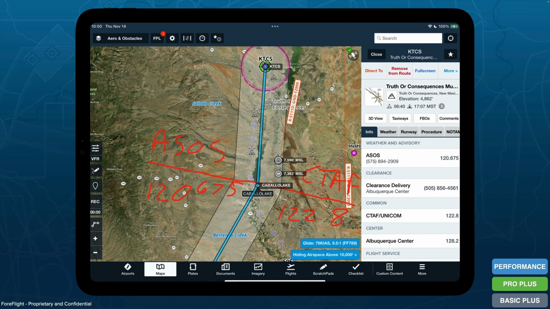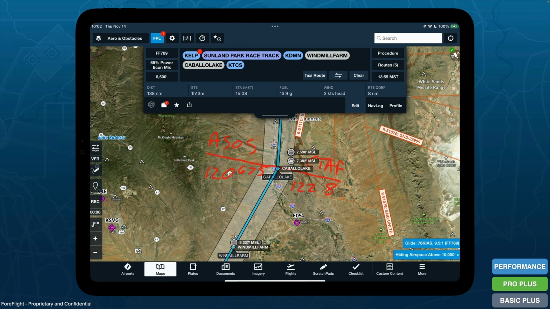If you don't use annotations frequently, just know that they are geo-referenced to the map, so they will stay there. If I zoom out, they'll stay there at that same scale. If I navigate to a different area of the map, they will stay there. Those annotations will never be automatically removed. You do have to delete them manually. So go ahead and close my airport information tab, and I'm effectively done with my